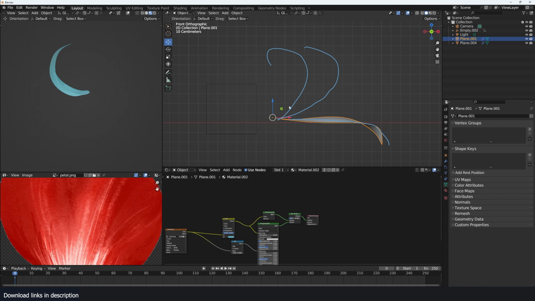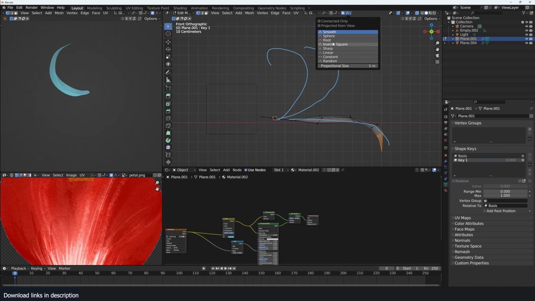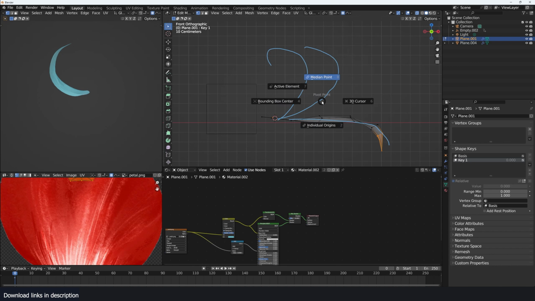So yeah, let's set up those keys. So the first is the basis, and then we go to the second one, and we can set up that. Set your cursor at the end here, and then select the last peg of your petal, and turn on proportional editing. You can use any of the transitions you have here. I think I tried root. Use your period key to change the pivot point from median point to 3D cursor, and then you can rotate this